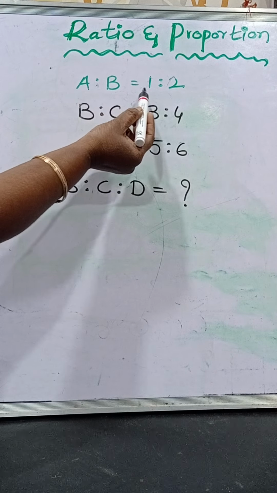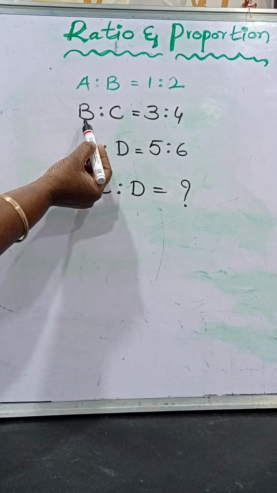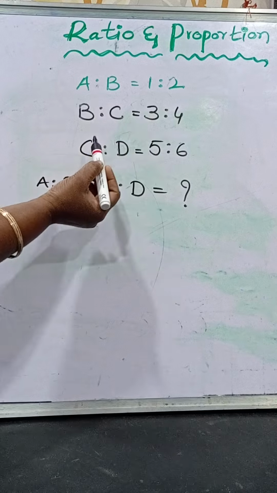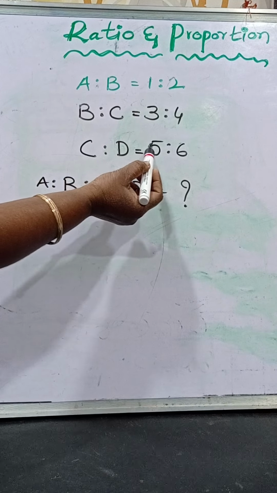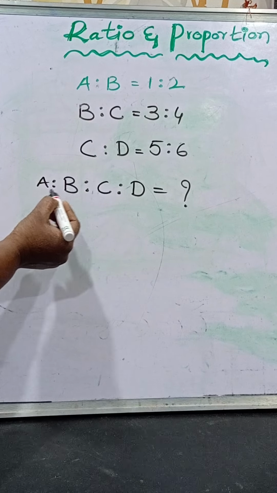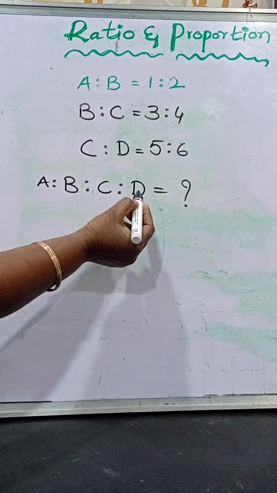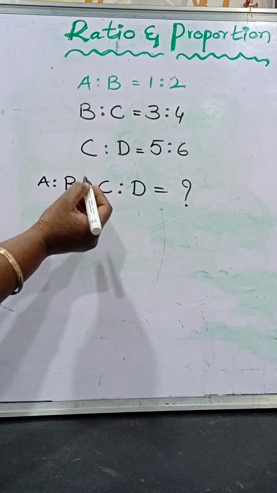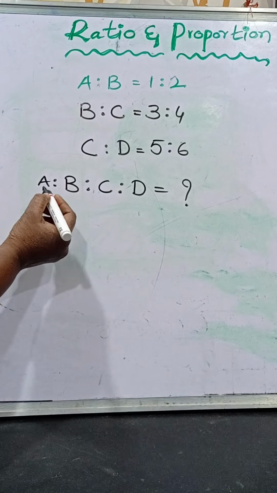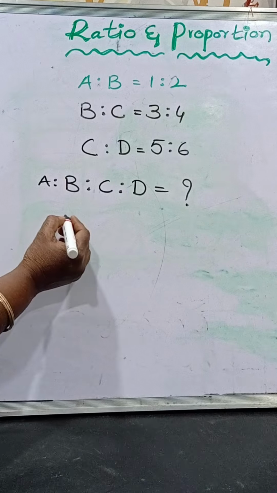If A is to B is equal 1 is to 2, B is to C is equal 3 is to 4, and C is to D is equal 5 is to 6, then what is the value of A is to B is to C is to D? For this, the trick we use is here: A is to B is equal 1